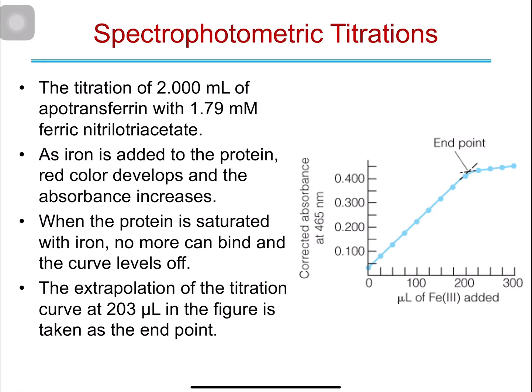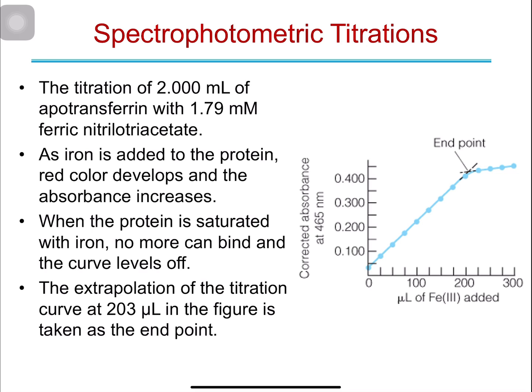Another application of spectrophotometry in chemical analysis is the use of spectrophotometric titration. So in spectrophotometric titration, instead of having a standard solution and measuring the absorbance of different known concentrations of the standard and creating a calibration curve, then measuring the absorbance of a sample and then using the calibration curve to find the concentration of the sample,